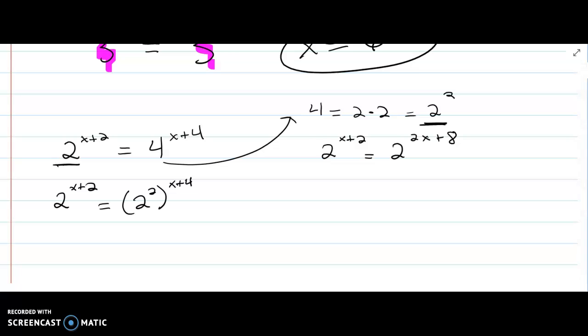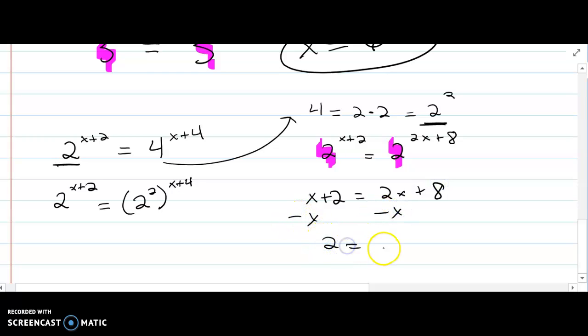Now my bases are the same, so now I can set them equal to each other, our exponents. So x plus 2 is equal to 2x plus 8. Now I solve for x. Move this x over here. I get 2 is equal to x plus 8. Subtract the 8 over. I get x is